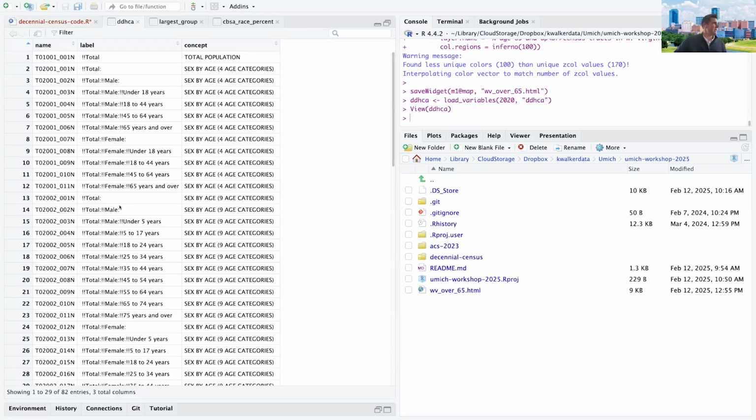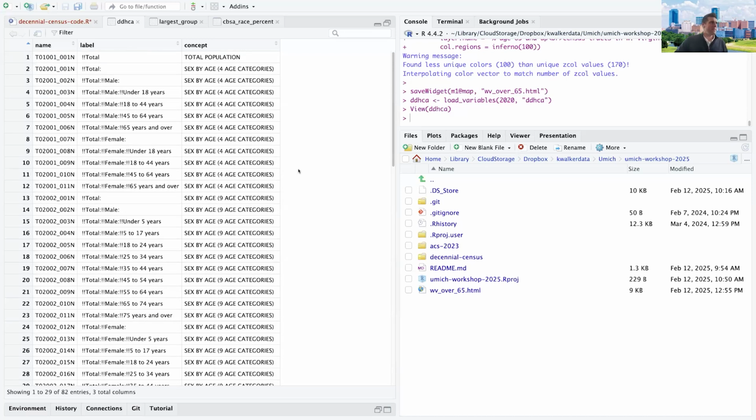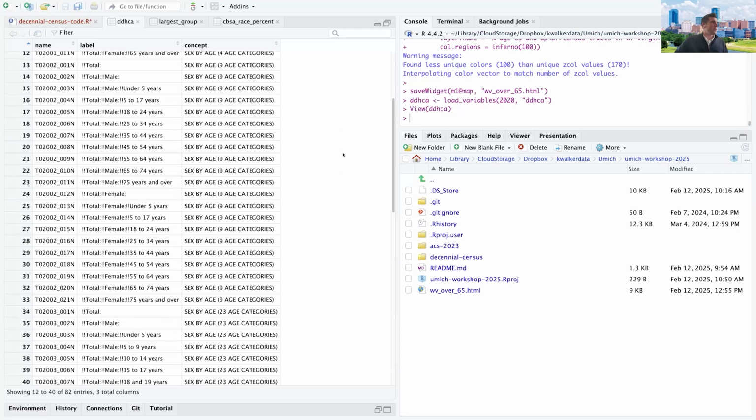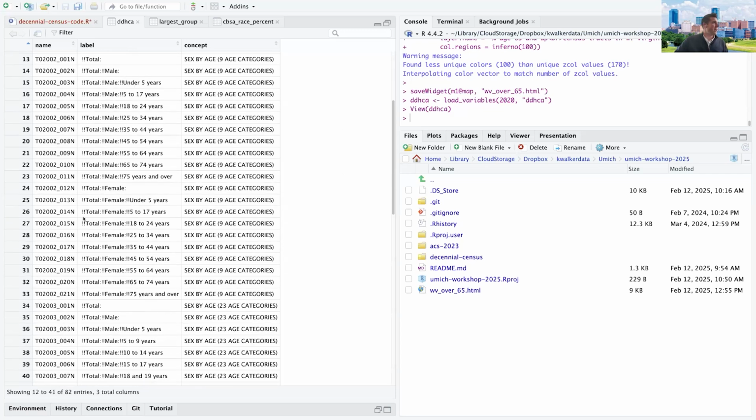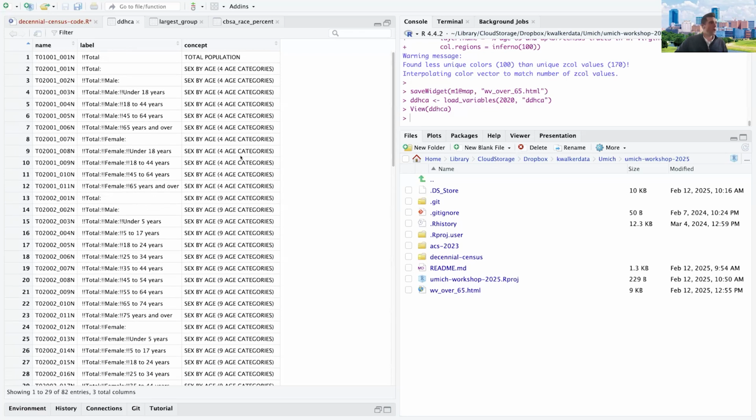And we can take a look at that data set. And so this gives you a little bit of the sense of the adaptive design. And this is something that's kind of tricky. So you have here variables for sex by age, 23 age categories, 9 age categories, and 4 age categories. And as an analyst, you might say, oh, this is great because I get pre-tabulated data, and maybe I'm interested in 18 to 44, and I don't want to calculate that myself, but